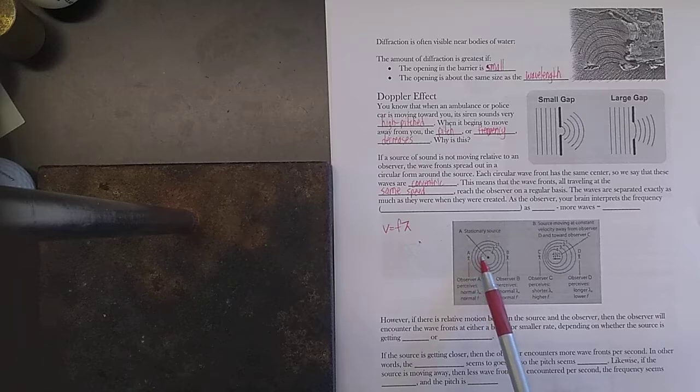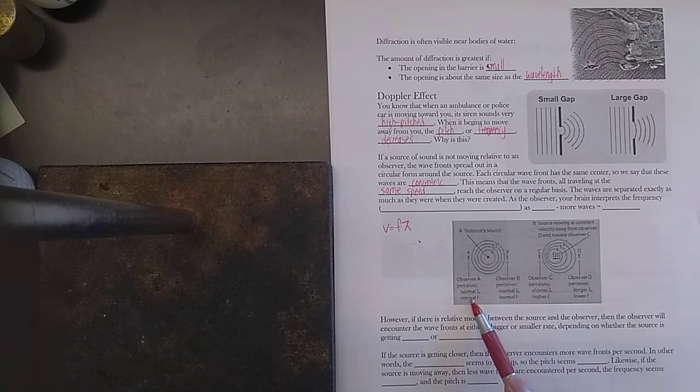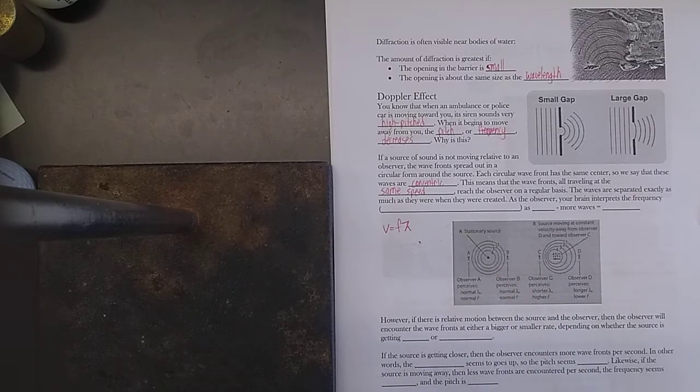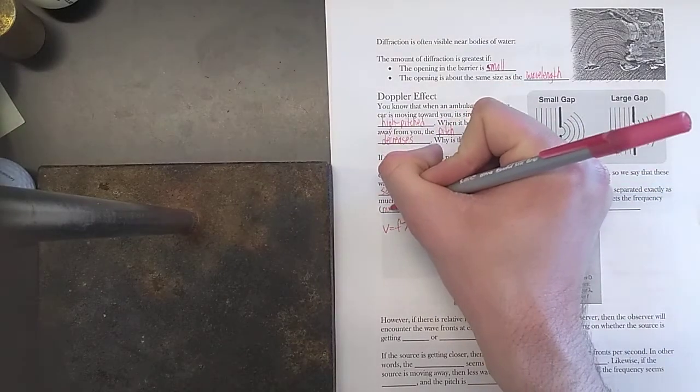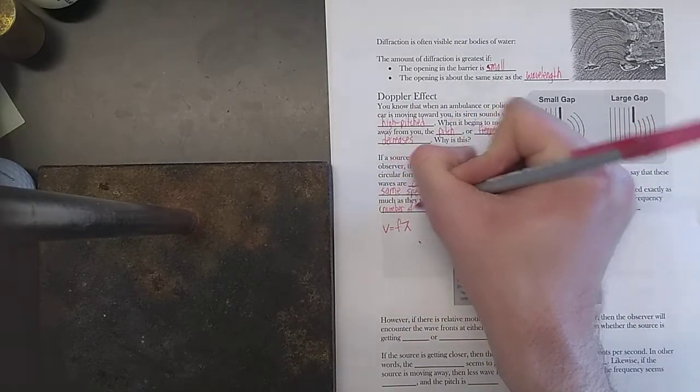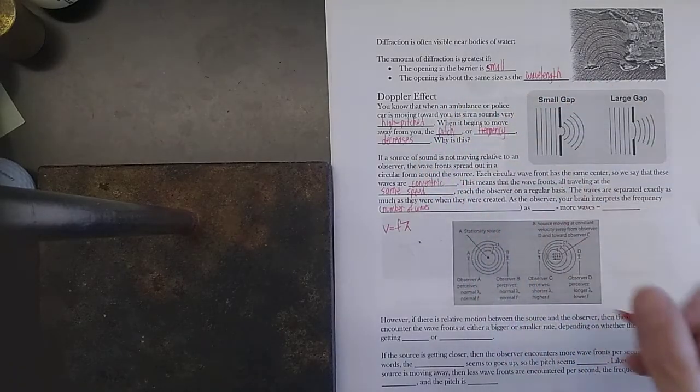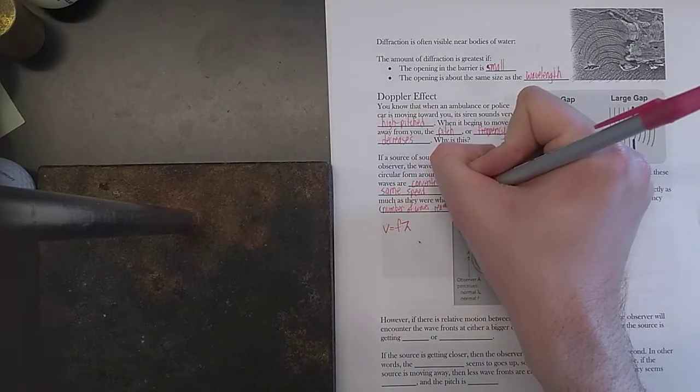These waves, as they're created, have a certain distance between them. That's the wavelength. A is going to sense these waves hitting at a certain wavelength. The observer at A senses these waves hitting him at a certain amount per second, and A interprets that as a frequency. They perceive the same wavelength that the source gives off and the same frequency, and same thing for B. Okay? As the observer, your brain interprets the frequency, which is just the number of waves reaching you per second,